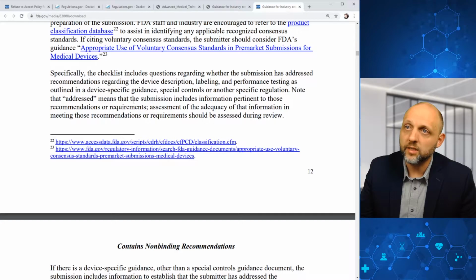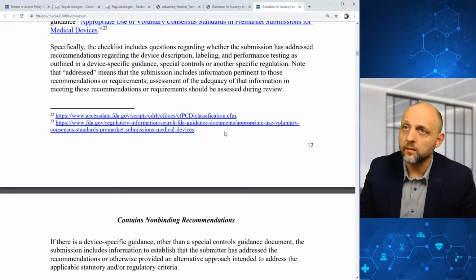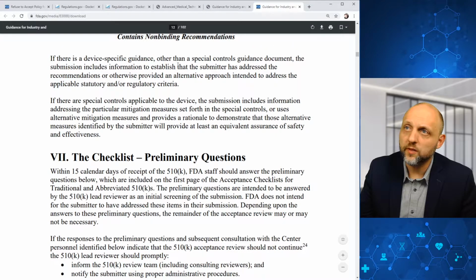Note that addressed means that the submission includes information pertinent to those recommendations or requirements. Assessment of the adequacy of that information in meeting those recommendations or requirements should be assessed during the actual review. This is a bit of a tricky framing because this should be addressed during, I guess I would say, the substantive review. If there is a device-specific guidance other than a special controls guidance document, the submission includes information to